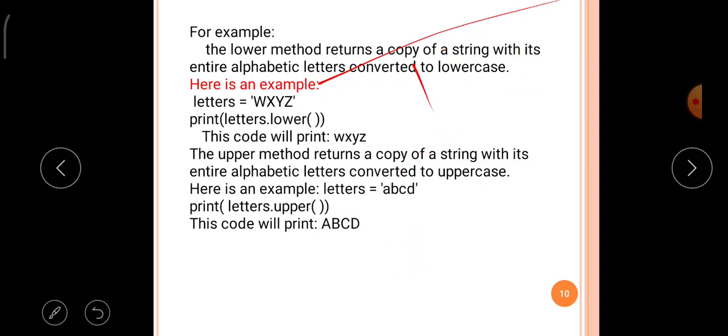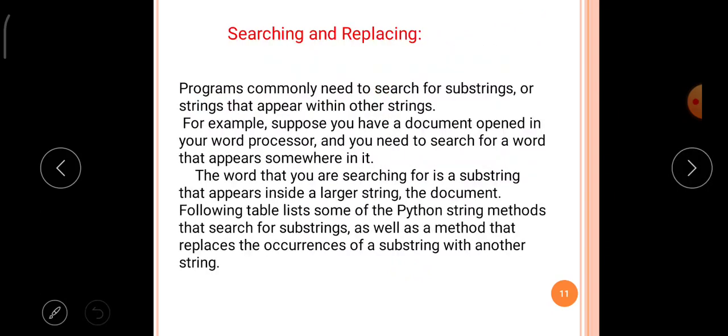Then the upper method returns a copy of the string with all its alphabetic letters converted into uppercase, so it will always display the string in uppercase letters, okay.